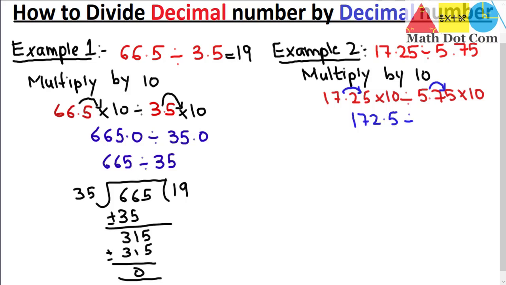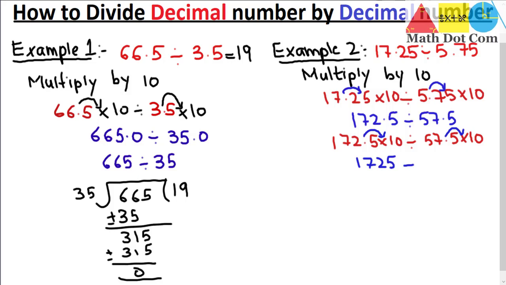172.5 divided by 57.5. Now still we have decimal numbers. Now we have to multiply again by 10 to get the whole number. So 172.5 multiplied by 10 divided by 57.5 multiplied by 10. Now here again by multiplying by 10, this point will move here and this point will move here. So we will get